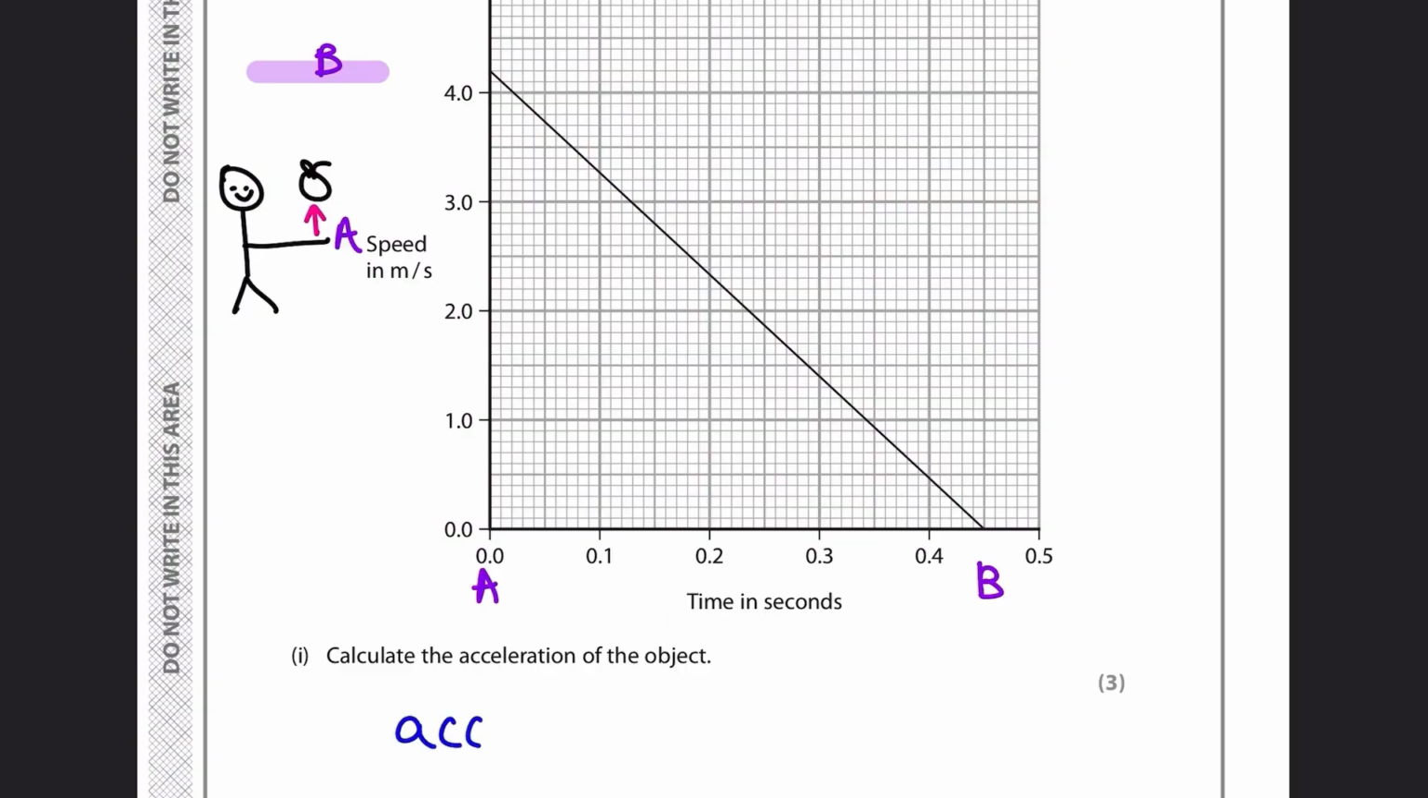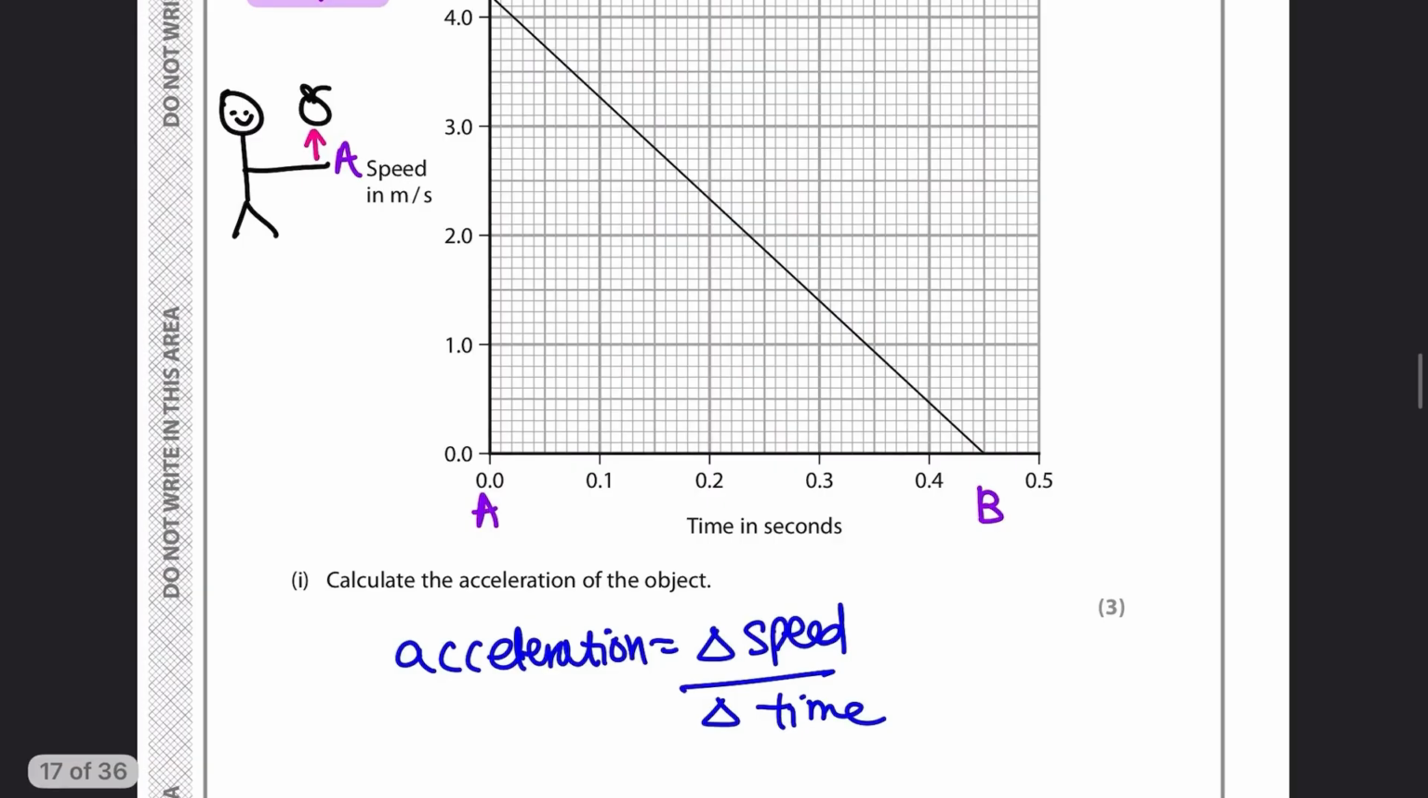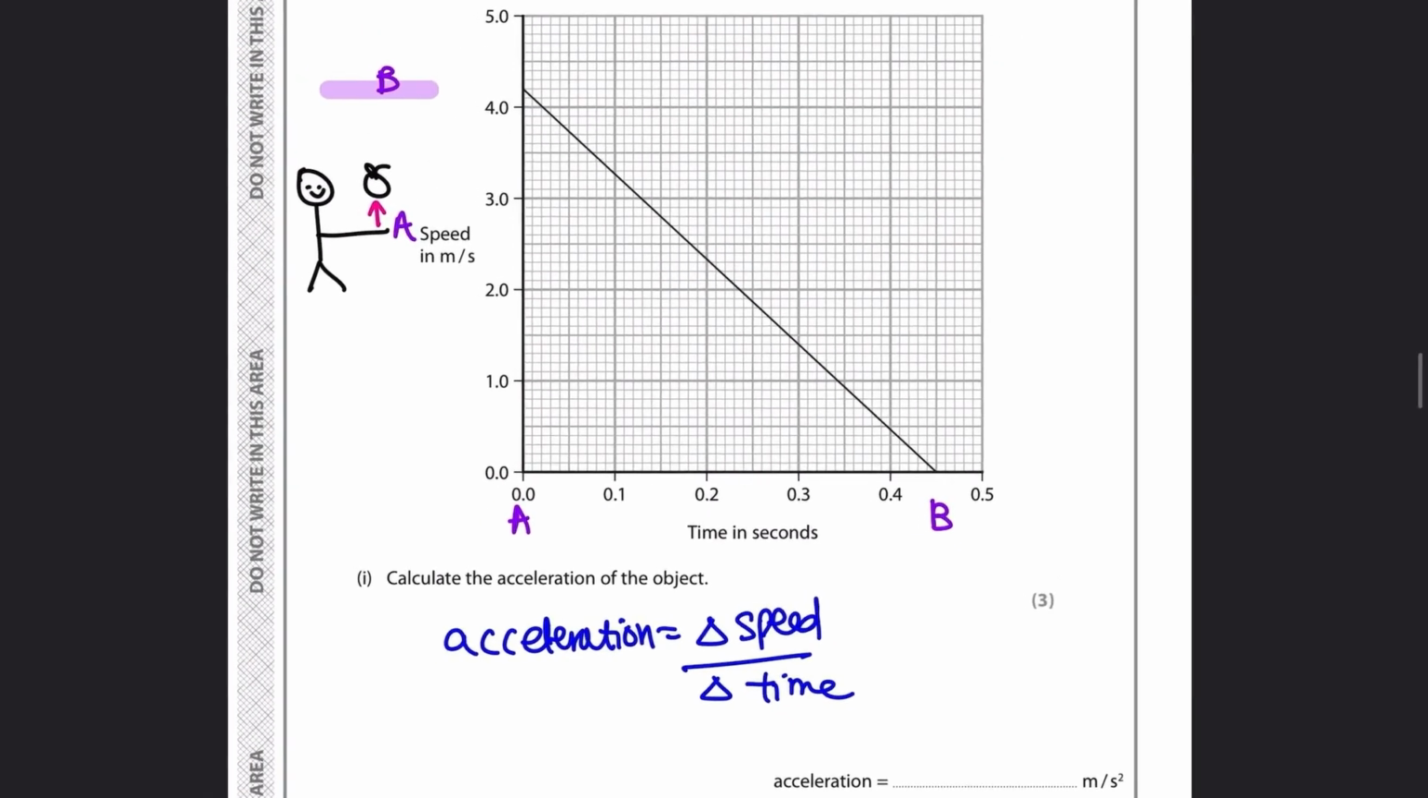Acceleration, if you guys remember, is actually basically change. The triangle means change in physics. Change of speed over change of time. So the change of speed,